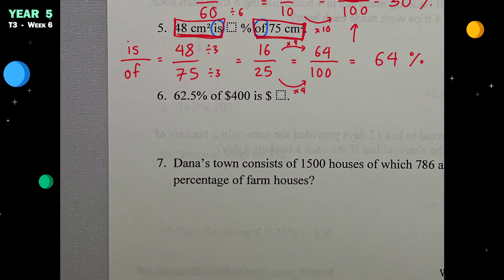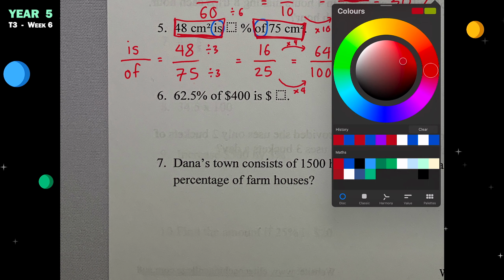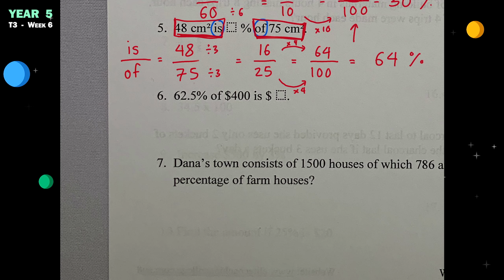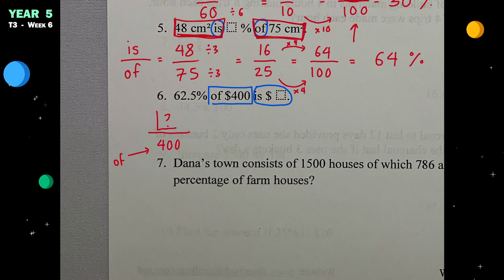Alright. Next one, again we have is and of. Let's see what is connected to and what of is connected to. Okay, so 65% of 400 is something here. So what that means is this. You have a fraction. Now remember, of goes to the bottom. And which one is of? Of, we got 400 there, right? So we put 400 down here. Is, we don't have a number. We just have a blank box. So we don't know what the number is. So is, we don't know, it's a question mark. But we do know that this is your 62.5%, so it's equal to